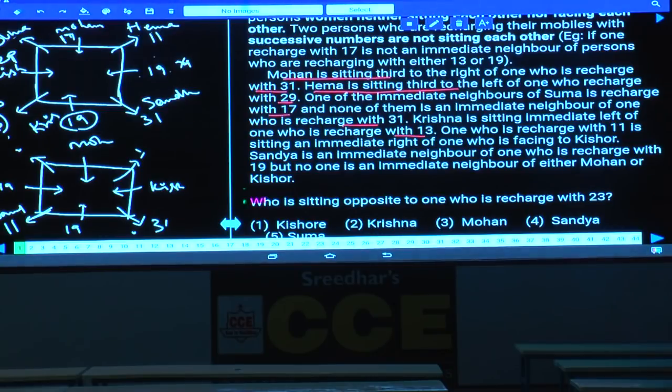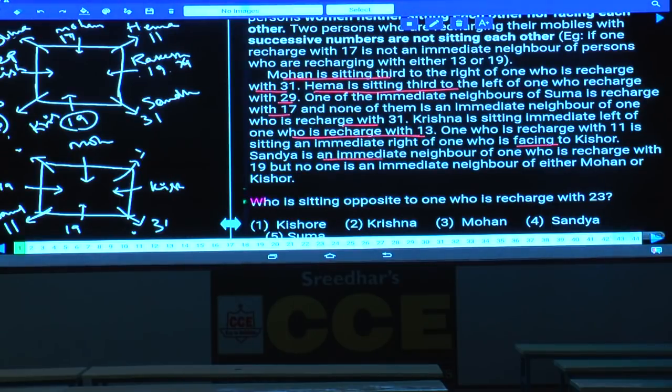If this person is Krishna, and Mohan, Kishore were done, then who is the person left over here? Rakesh. Now Rakesh will be at this place. Krishna is seated to the immediate left of the one who recharged with 13. One who recharged with 11 is an immediate right of the one who is facing Kishore. 11 is to the immediate right of the one who is facing Kishore. Then